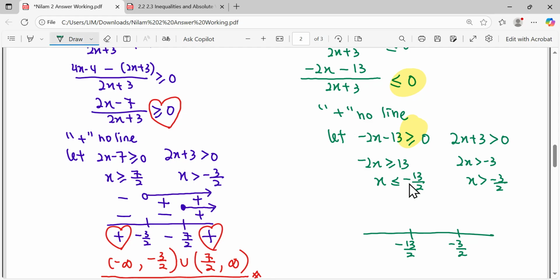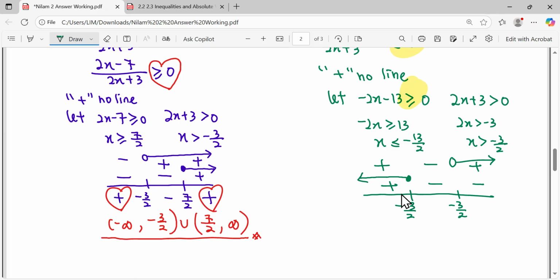And we start drawing this equal. Less than that, drag it to the left. This region got line, positive. This region got no line, negative. This region no line, negative. So that is why we call it positive number line. So another number line here, more than negative 3 over 2. So this region got line, positive. This region no line, negative. This one got positive. Make sure you put in your sign, positive, negative, and conclude